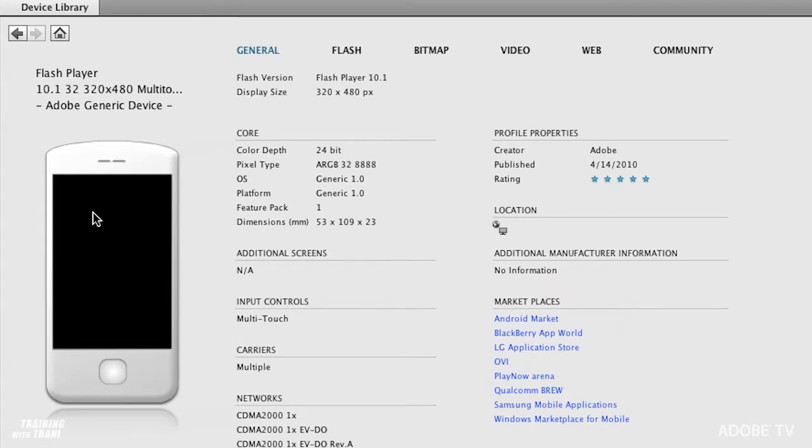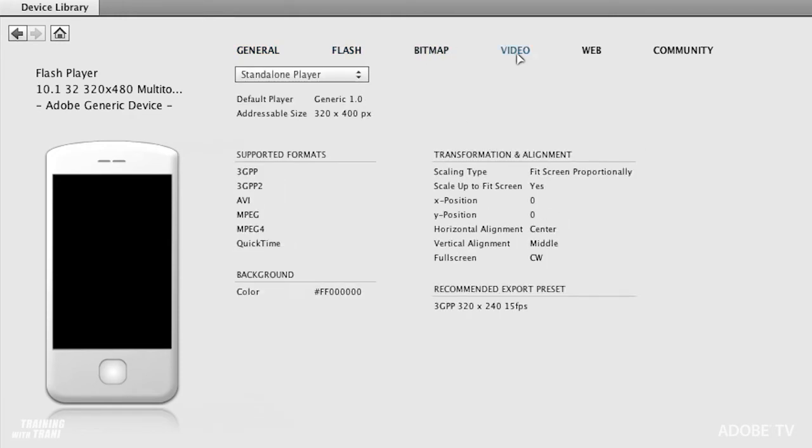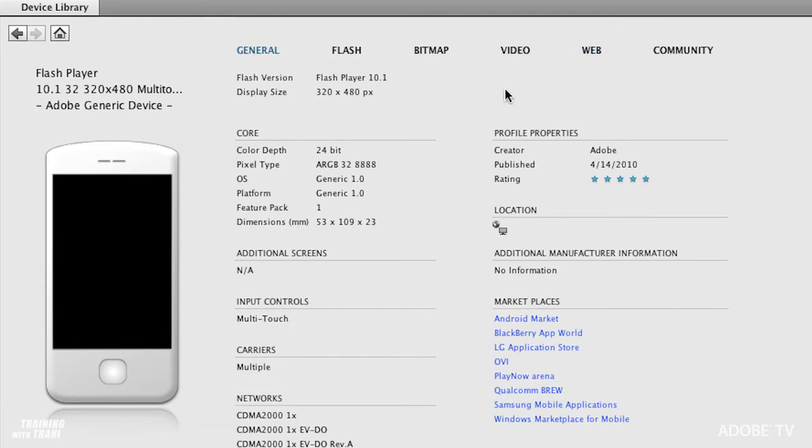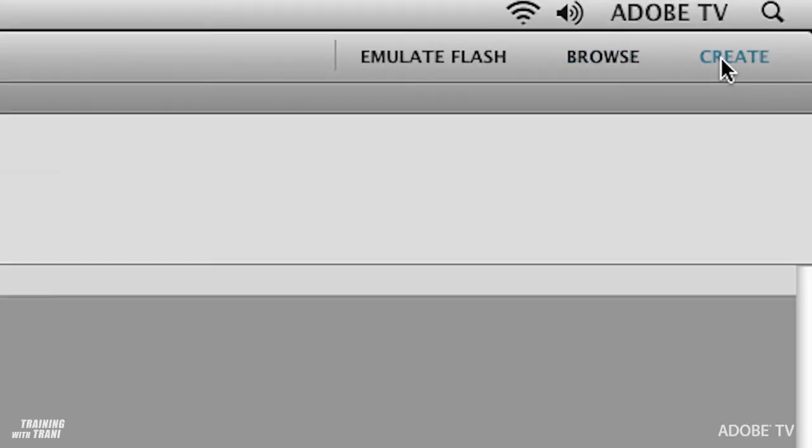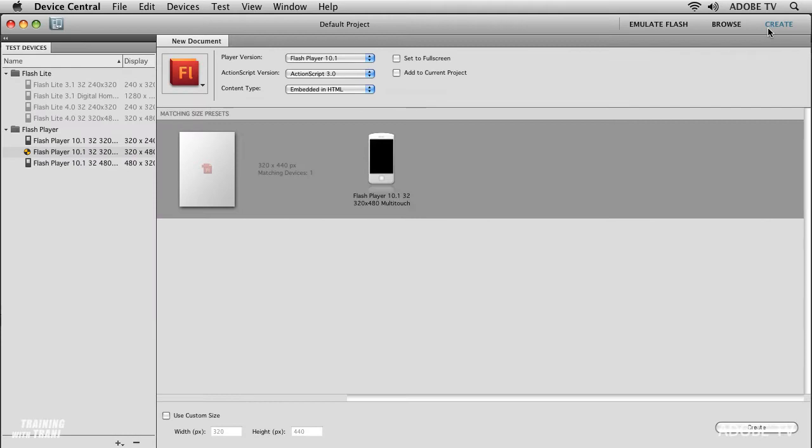This is what I want to start with, this Flash Player file. It's going to be a 320 by 240 file, and I can click and see further details on this specific device. But in general, I'm just going to click Create, in the upper right-hand corner,